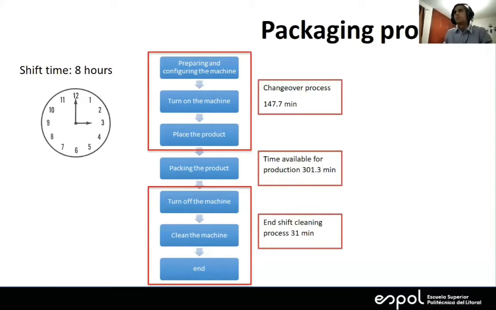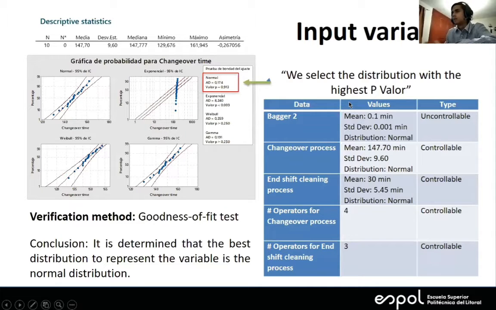In the packaging area, the process developed to work with the Bagger 2 is the changeover process, with a duration of 147.7 minutes. Then we have packing the product, and then the end-of-shift cleaning process with a duration of 30 minutes. As we are going to concentrate on improving the availability of the Bagger 2 in the packaging area,